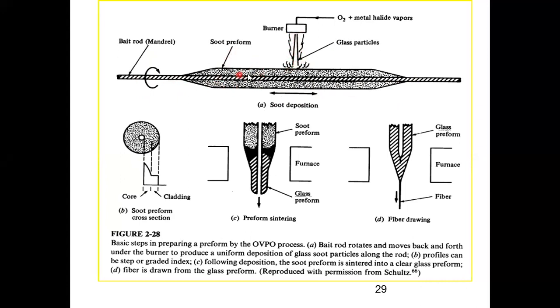Here these dots, the soot particles, are getting deposited over here. And then I slip out this ceramic rod, so I get this kind of structure. This is the soot preform. Inside, what is here will be the core, and outside I have the cladding. Then I bring this preform into that furnace. This is my drawing tower. Again, heating without melting, I'm heating that preform, and then it gets melted and the fiber is drawn.